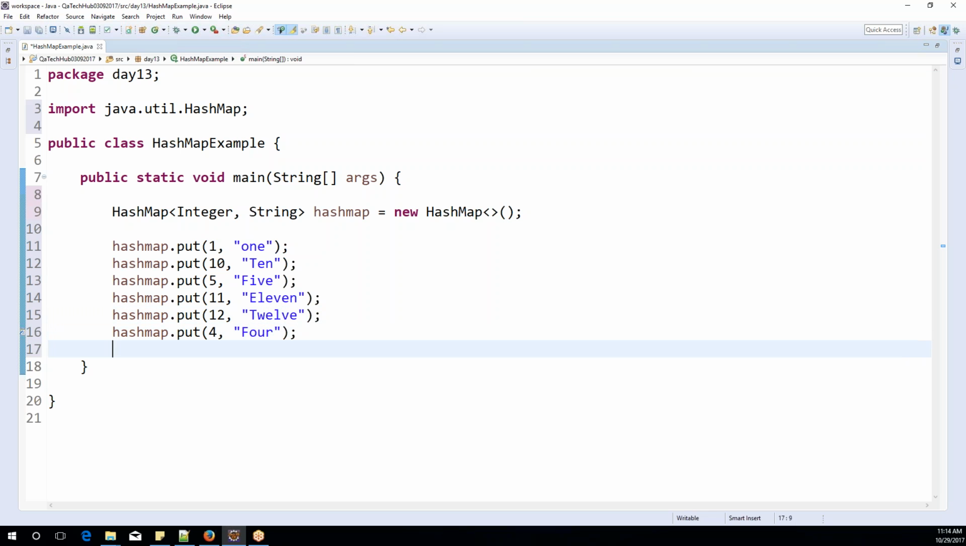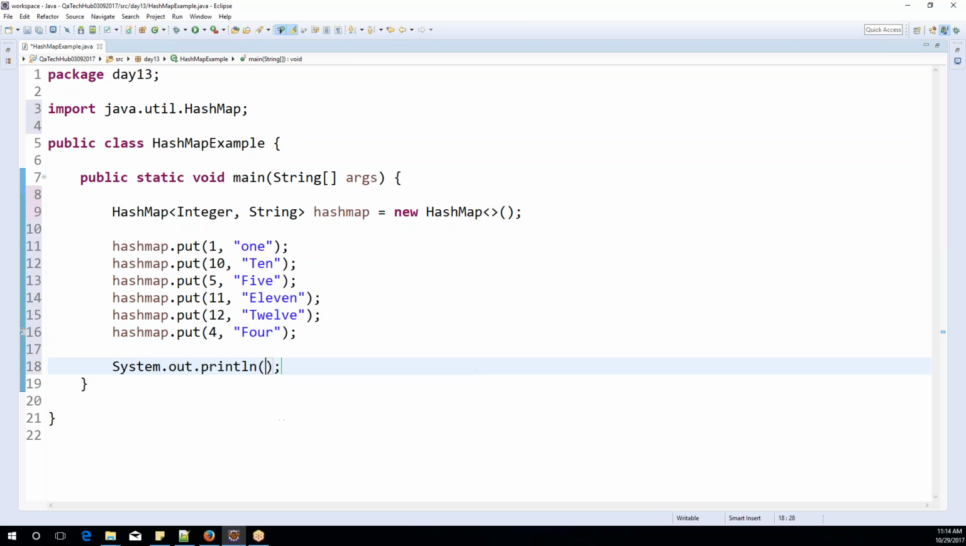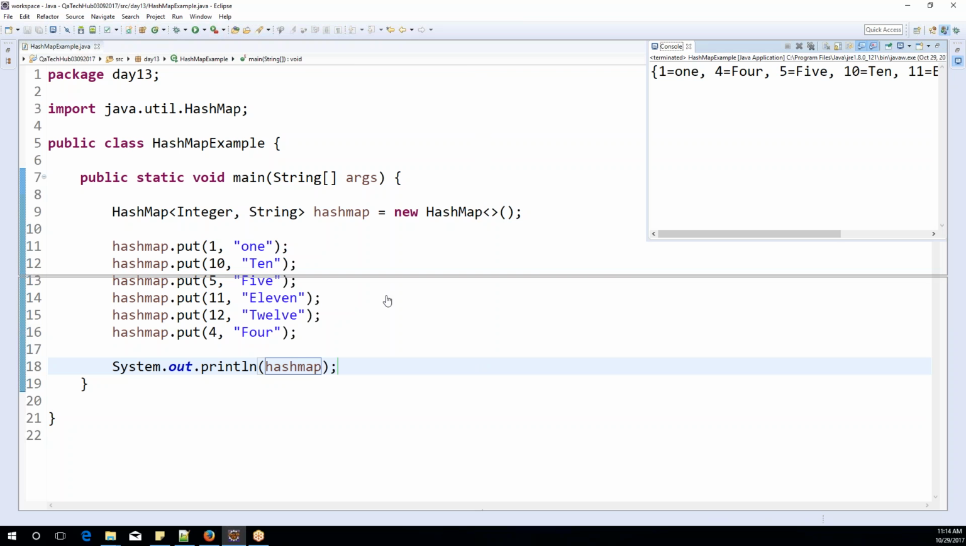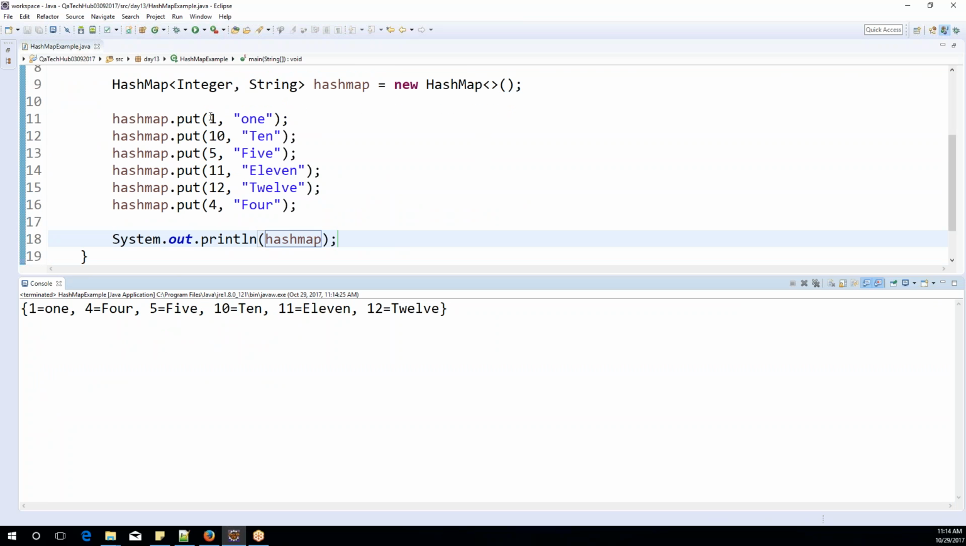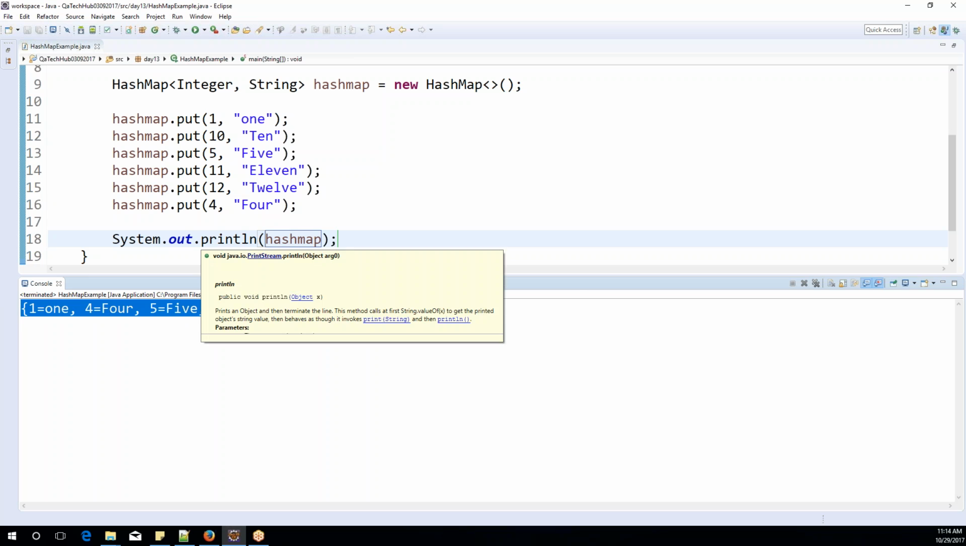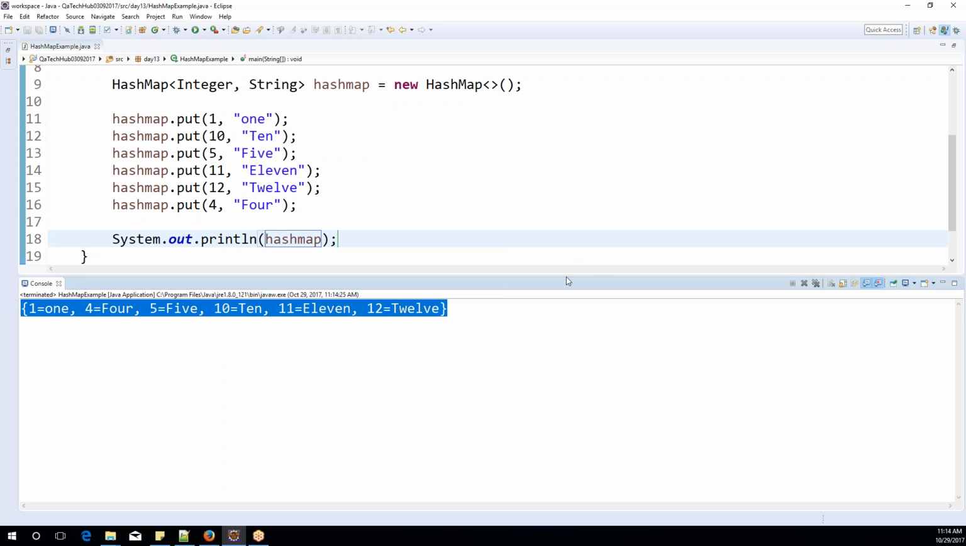Okay, now when you have to get the value, say for example, let me see if it prints with hashMap. I don't remember actually whether it will print like this or not. I guess, yeah. So here you can see the values which are getting inserted here. For 1 we have 1, for 4 we have 4, 5 5, 10 10, 11 11, 12 12. Okay, so here the values which you are getting,